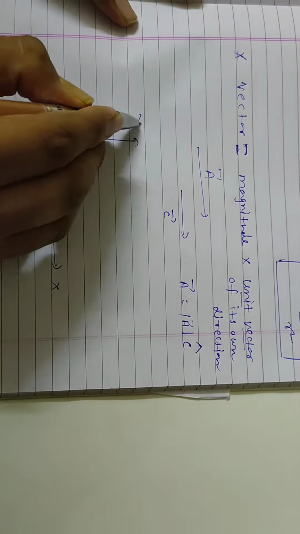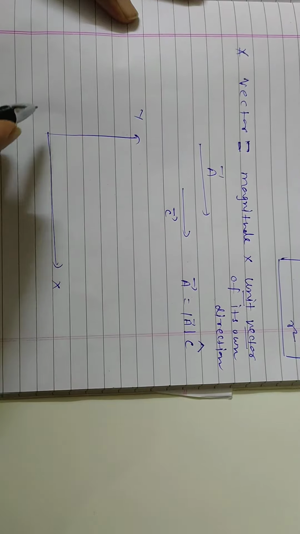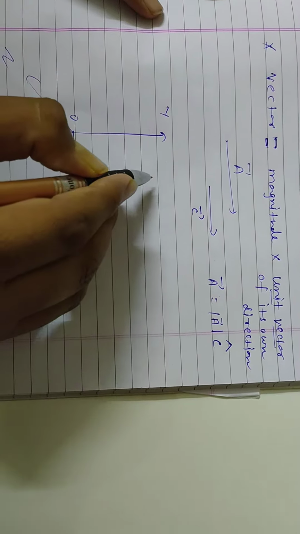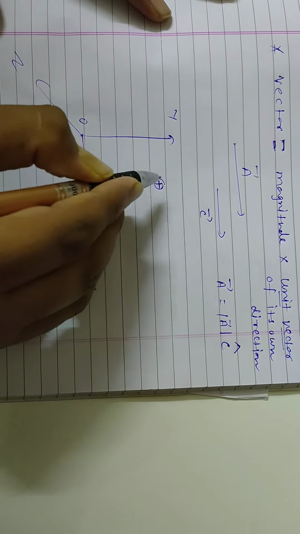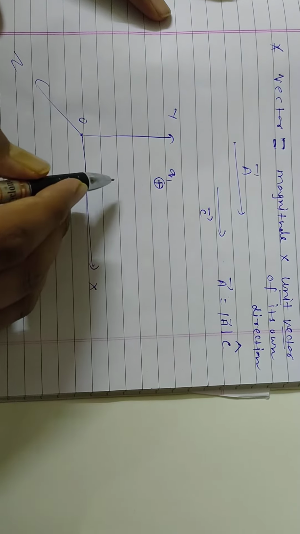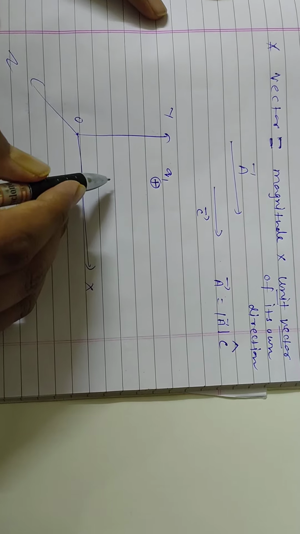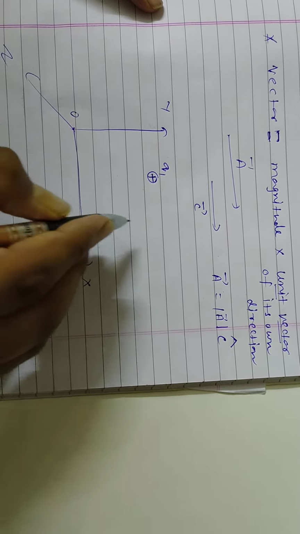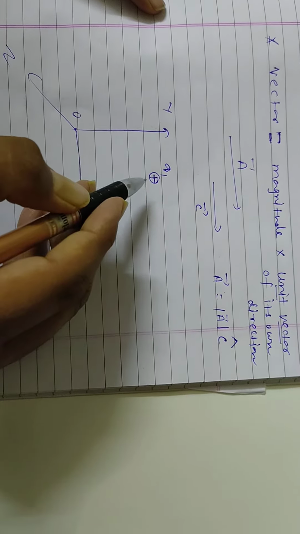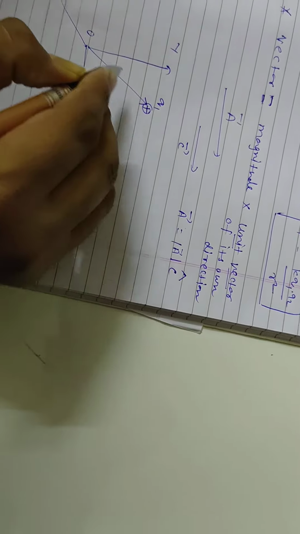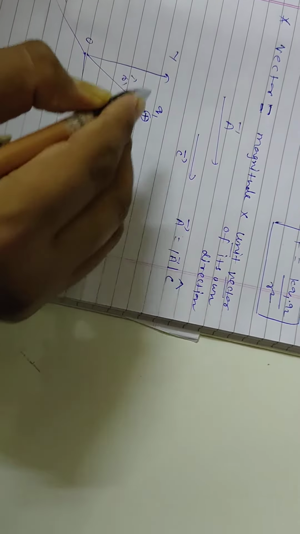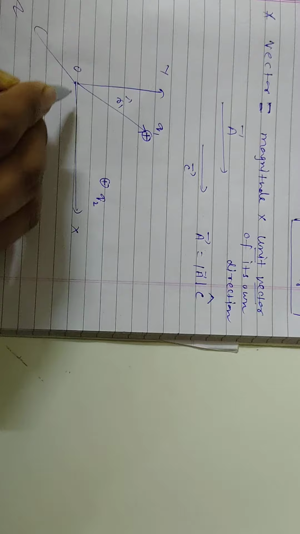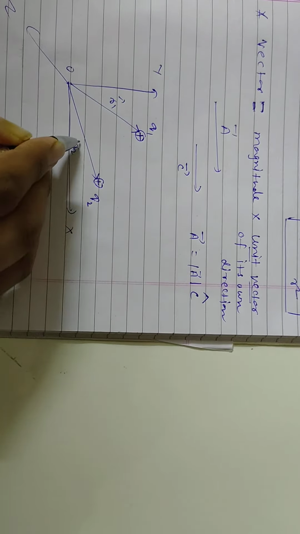Now in the xy plane, we could draw 3 dimensions, but we have 2 point charges, that is, stationary point charges. As we know, Coulomb's law is only useful for stationary point charges, never used for moving charges or for large bodies. So the first point charge is Q1 and its position vector with respect to origin is vector R1, and the second point charge is Q2 and its position vector is vector R2.